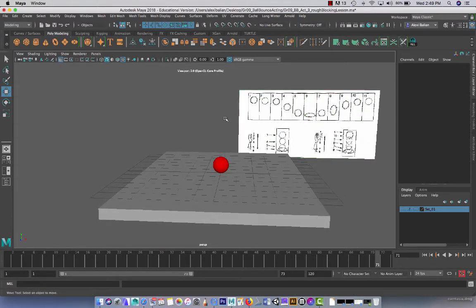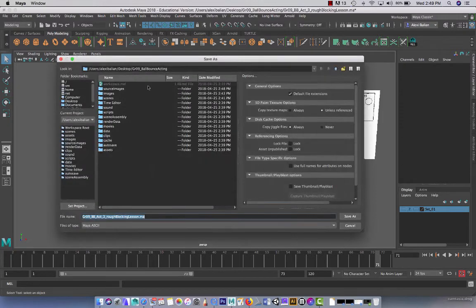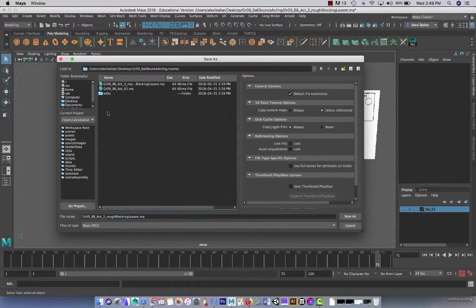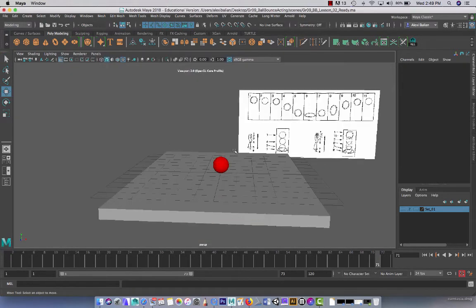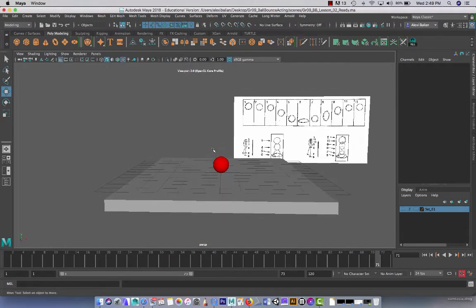Okay, so I'm going to go in and save this right off, in Alexi Balian ball bounce acting scenes. Okay, we'll just call this, what is it? Ball bounce lesson underscore 01. It's ready to animate. Okay, I'll just do it again and I'll do 02, so I'll have this saved. Awesome. Okay, let's go back to orthographic view,